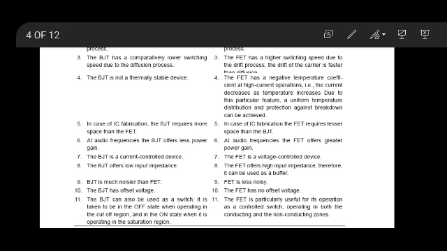Whereas your FET is used as a controlled switch. It can be operated in both conducting and non-conducting zones. You can try to use it as a voltage regulator, but a BJT you can use only for on and off.